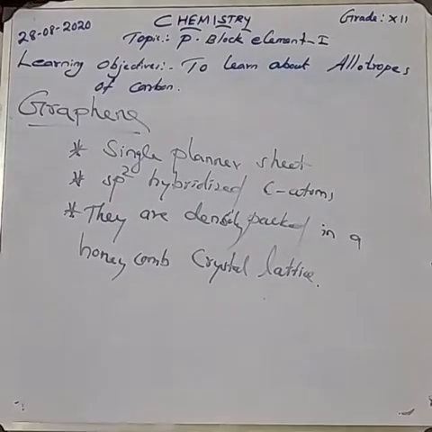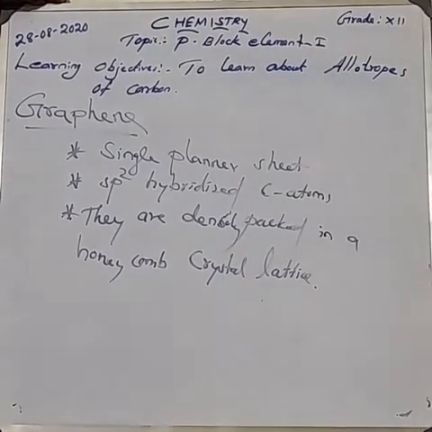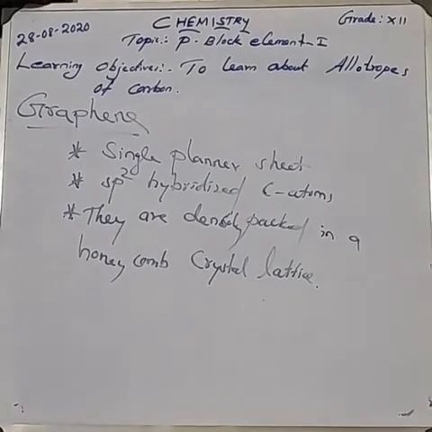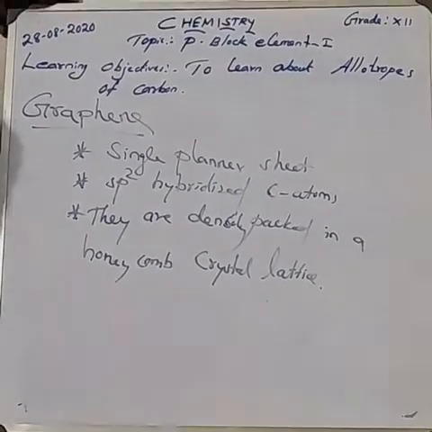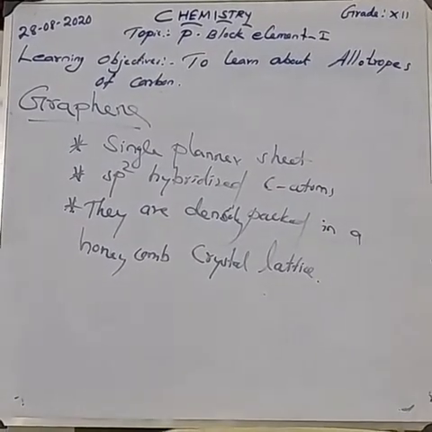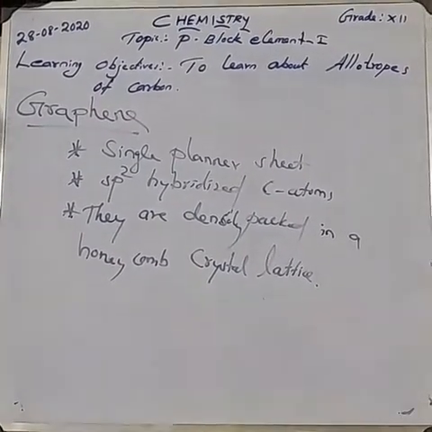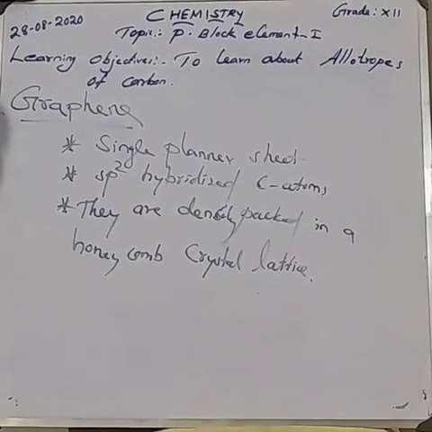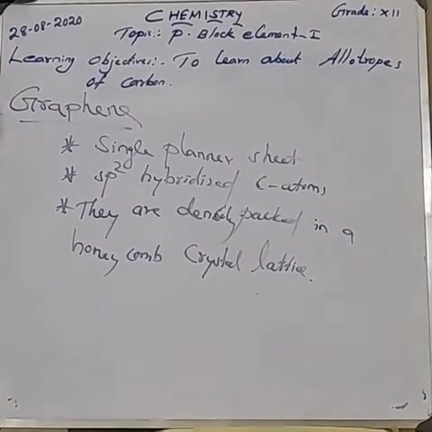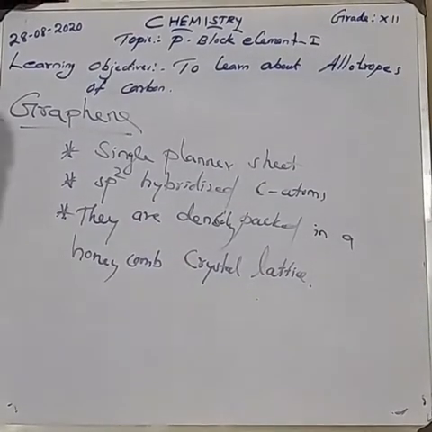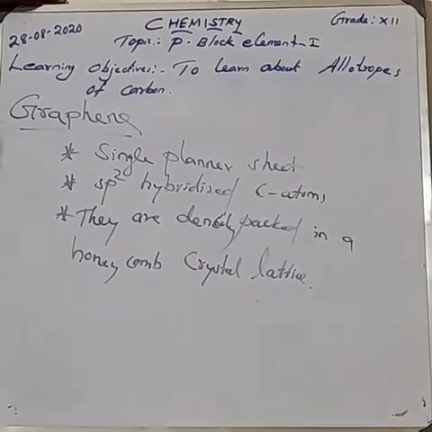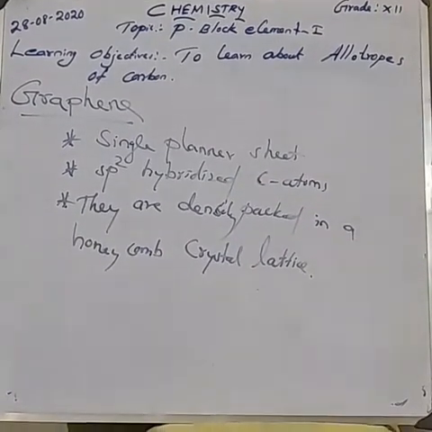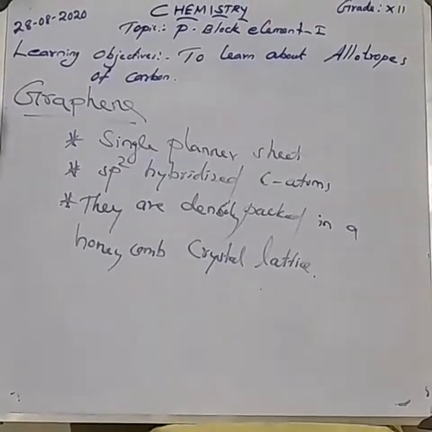Okay. Next, the fullerenes. It's a very important topic. Anyone stand up and say about fullerenes? They are discrete molecules, such as C32, C50, C60, C70, C76, etc. They have a cage-like structure. The C60 molecule has a soccer-ball-like structure. It has a fused ring structure.